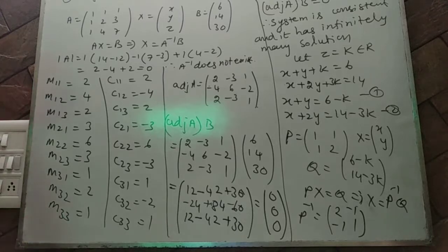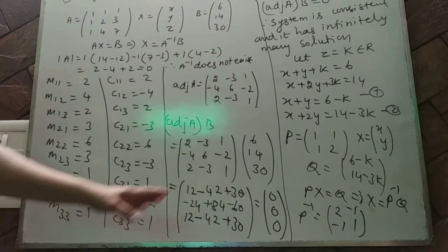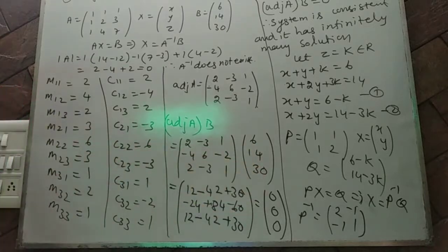For finding any solution, we have to take any one variable equal to k. That is up to your choice, x, y or z. I am taking z equal to k. So I am considering any two equations out of the three equations, keeping k instead of z. So I am getting again two linear equations, and I will solve them again by the matrix method.